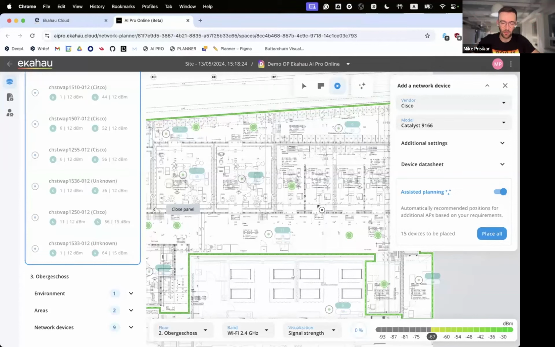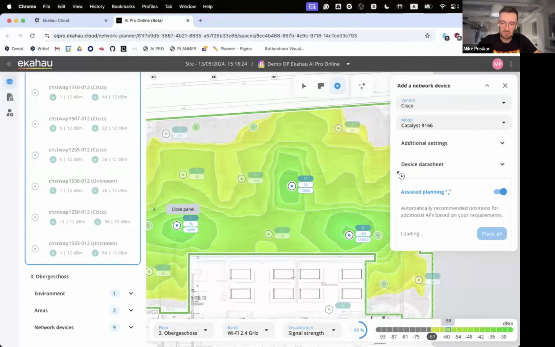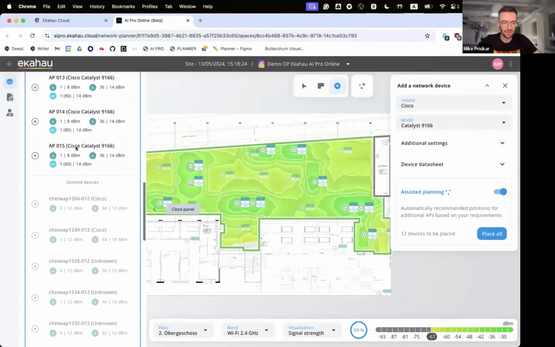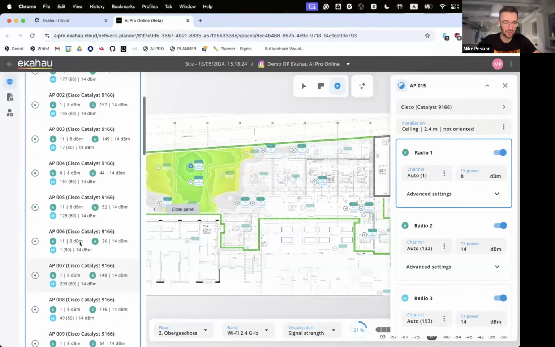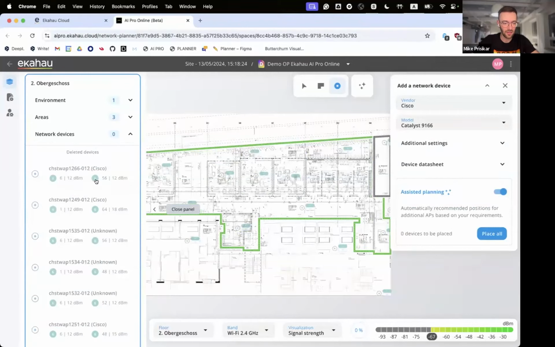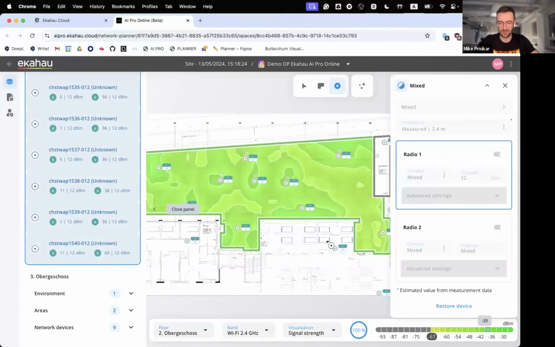You don't need to draw walls anymore. Just start playing around. And by the way, Assisted Planner can help you with that. If you're too lazy to do it on your own, or you have no time, just use these predefined dots here and there, or just place all your access points. If you don't like this design, of course, you can go back to your original network. Just delete all these and restore all your existing devices.